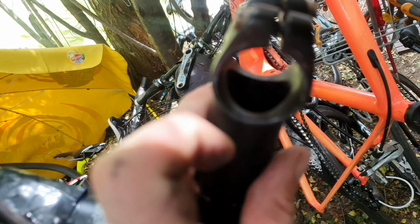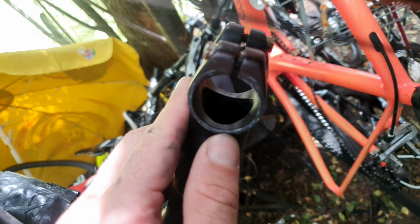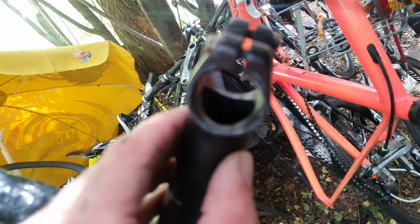File it back. This is a stem really best for alloy bikes, alloy steerers I should say. So if you're going to get a stem, make sure it has a small hole. Bontrager, they do a pretty small hole on that one. So again,